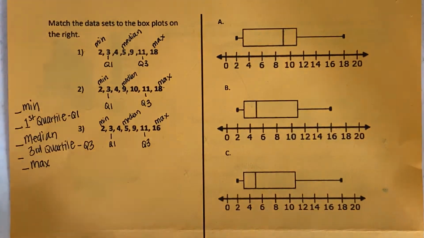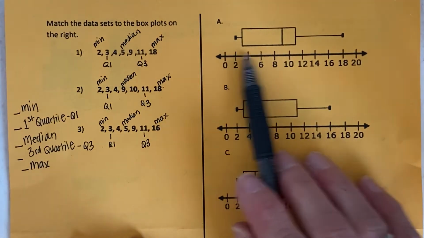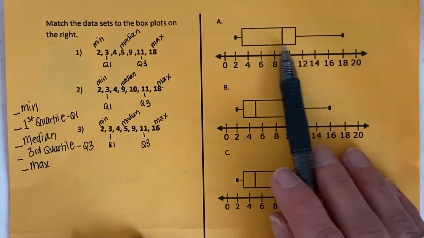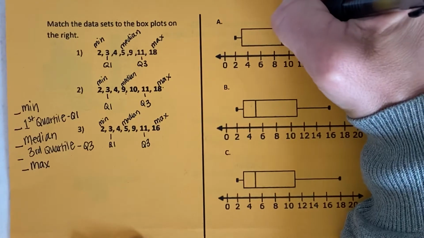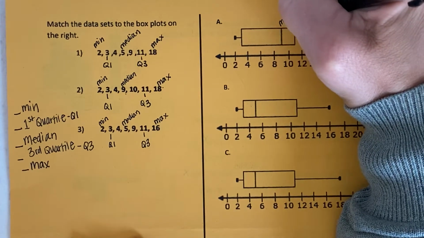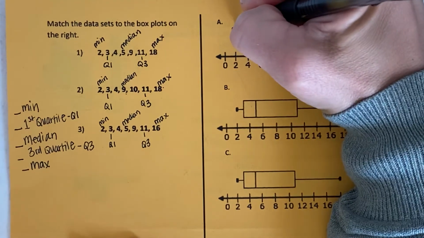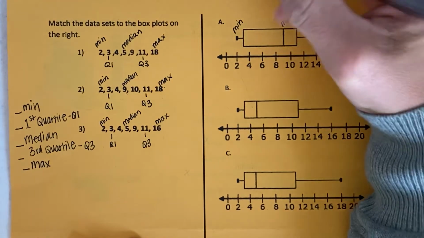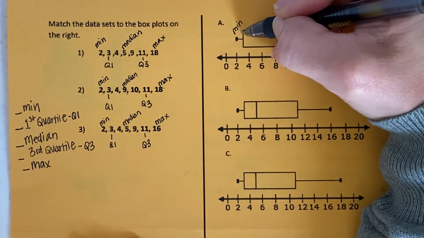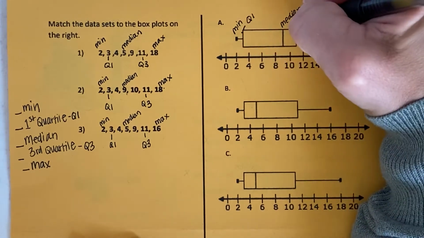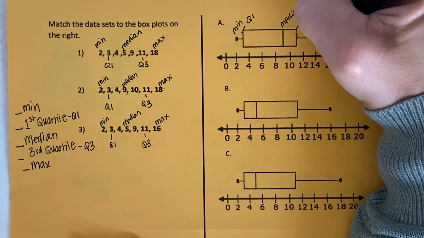Okay, now we're going to look over here at my data. So we can look at max and min. That's one real easy piece of data to pull out. We can also look at the median. This right here, this line that's in the middle of the box, that's always going to be the median. This is always going to be my minimum, my lowest point. My maximum is here. And then these lines here, these represent my first quartile and my third quartile, okay? I'm not going to label these on all of them, but this is just how we're going to match them